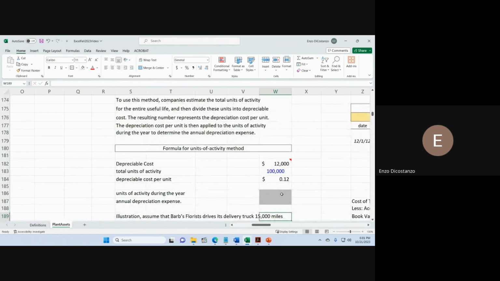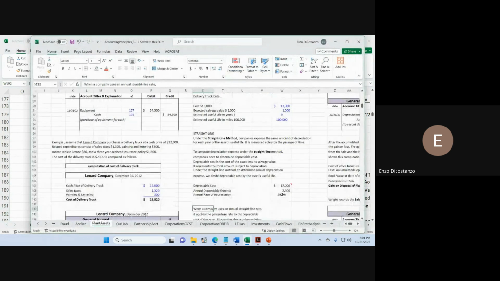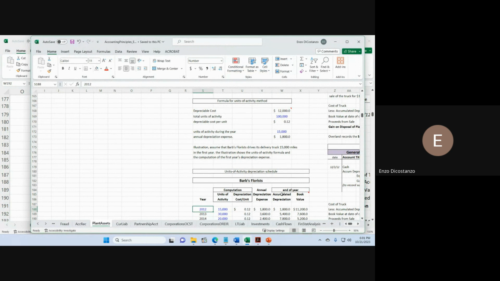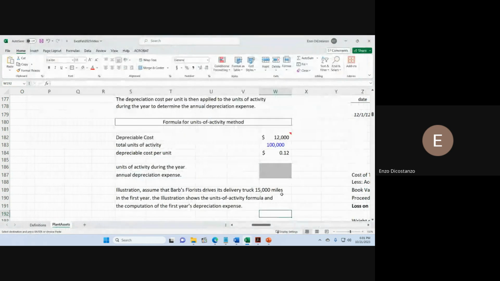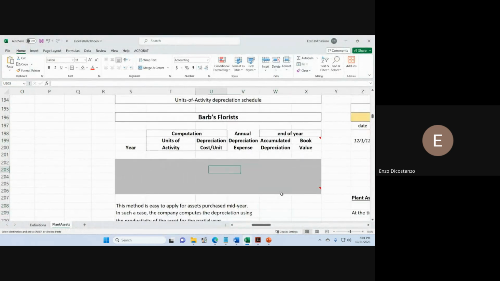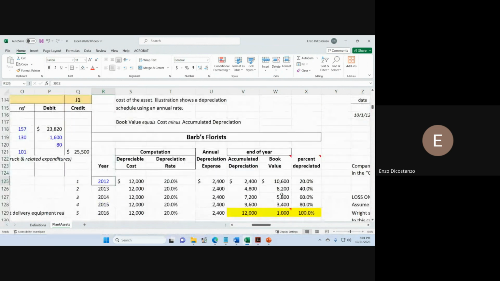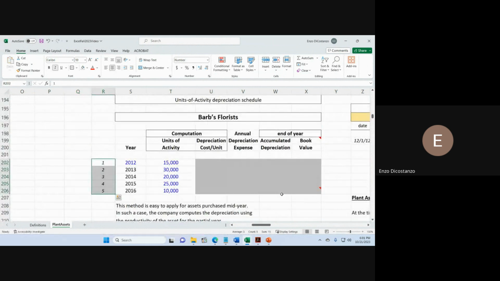Okay. And then for the first year, it's going to be, what is it going to be? Yeah, let's do this. Right there. Okay. So obviously the first year of this is going to be